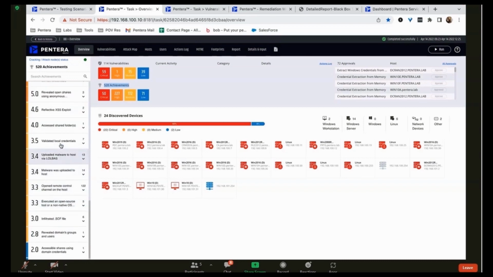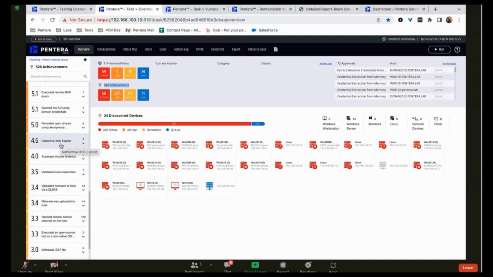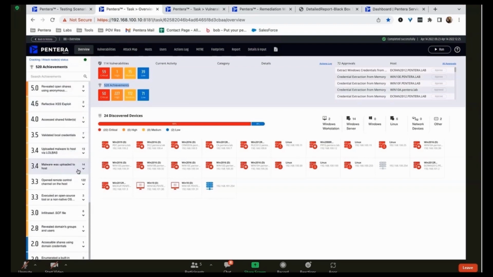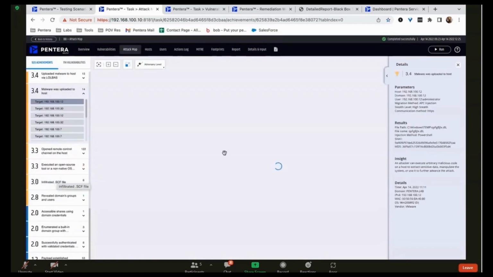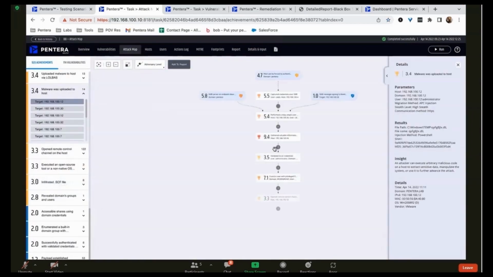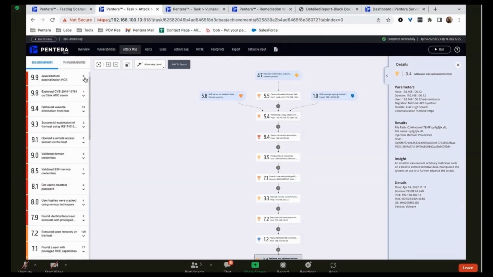Can I ask you a couple of questions real quick? Sure. So if we go to the 3.4 a little bit further down, which says malware was uploaded, that's just like a sample test, something that Pantera has uploaded to see that it could, in fact, take place. It's not an actual piece of malware. Is that correct? It's like Panteraware. Panteraware, gotcha. Yeah, it's a benign malware that Pantera uploaded, but it does have a function. I understand. But let's say we go up to the top one here.